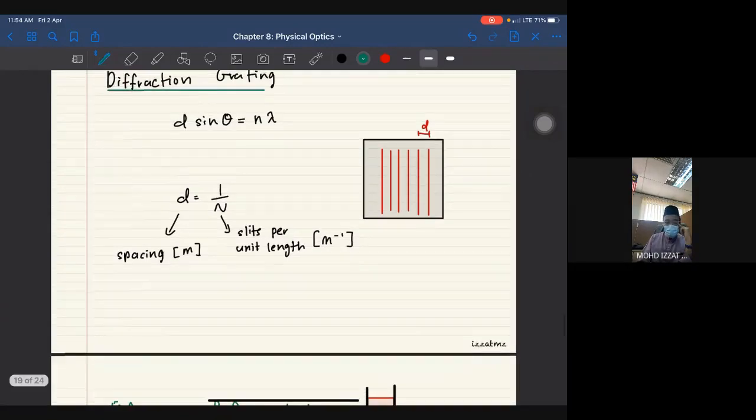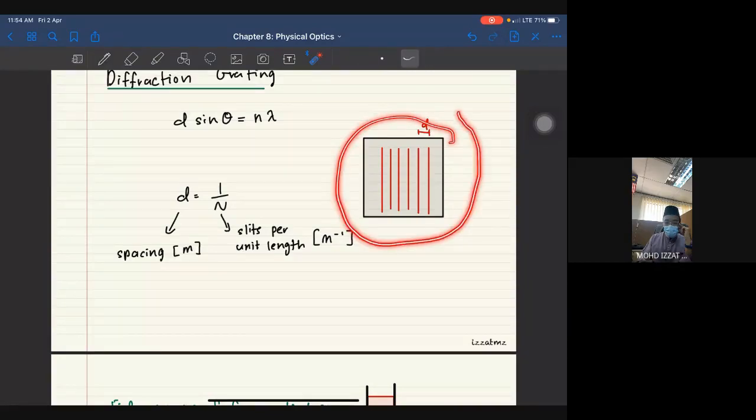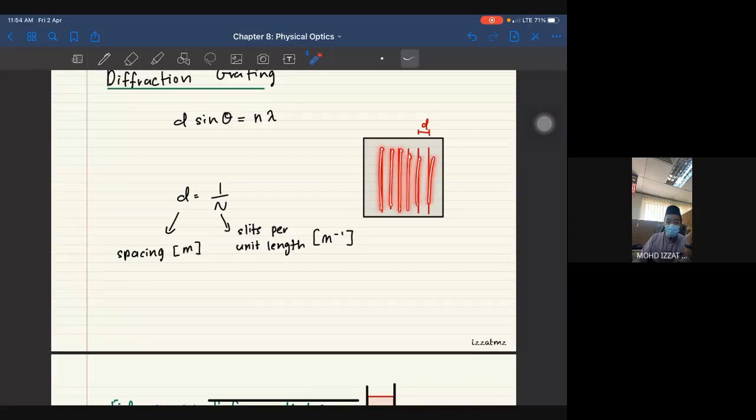Okay, the diffraction grating comes from a kind of thin film. It has to be made by a machine because it is very precise. You cannot draw it using your knife or anything, you cannot. You have to do it using a machine, and it's very expensive. So, this is the thin film. The slits are very small, you can't even see the lines. Very small lines. And usually in the description of the item of the film,